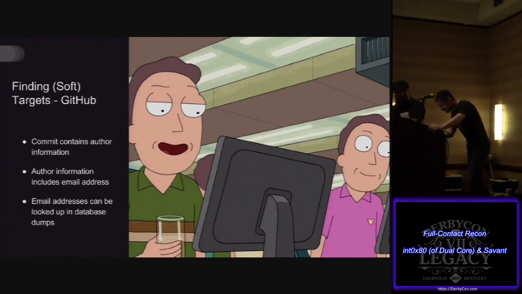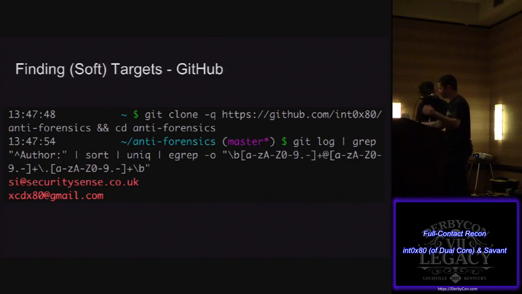right? How many people know that when you make a commit to GitHub, there's an email address associated with that? So let's programmatically dump all those email addresses out, because computers are way faster than I am. I mean, I type like 70 words a minute, which is pretty fast, I'd say, but